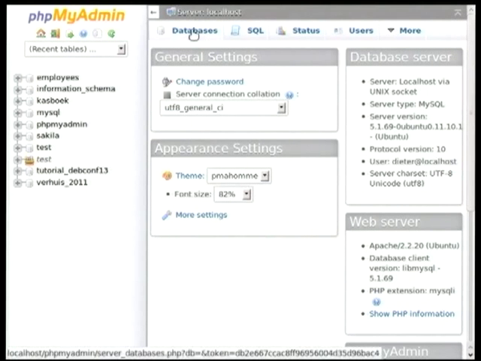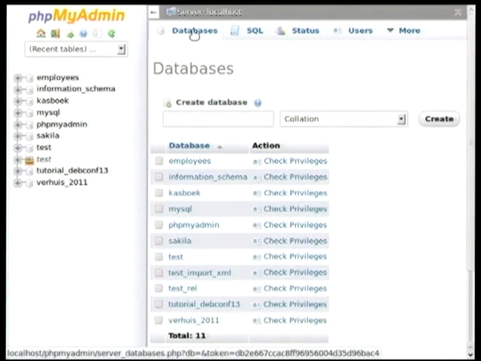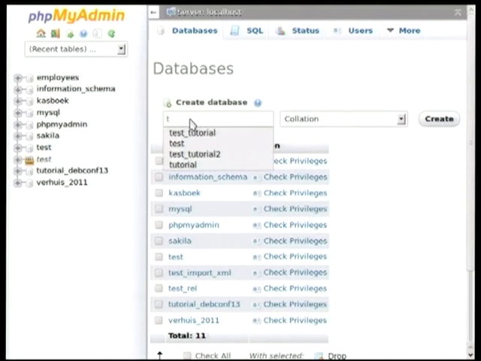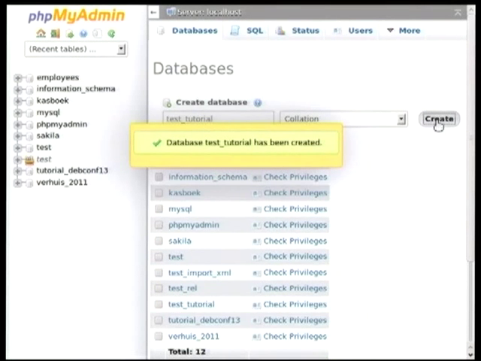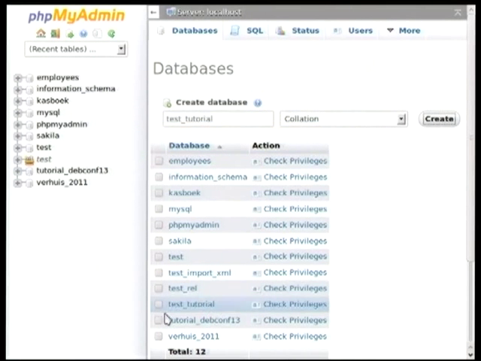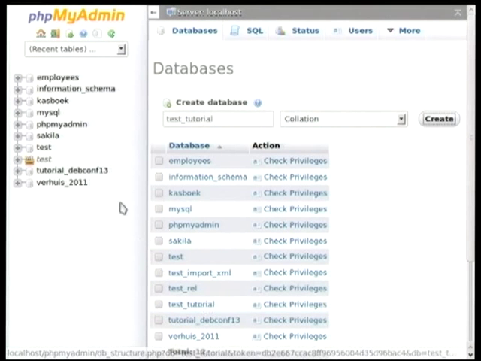So you go to databases. That makes sense, I think. And then in the create database field, you just type a name. So I'll add test tutorial. And then create. And as you can see, in the list here, the test tutorial database was added, and also